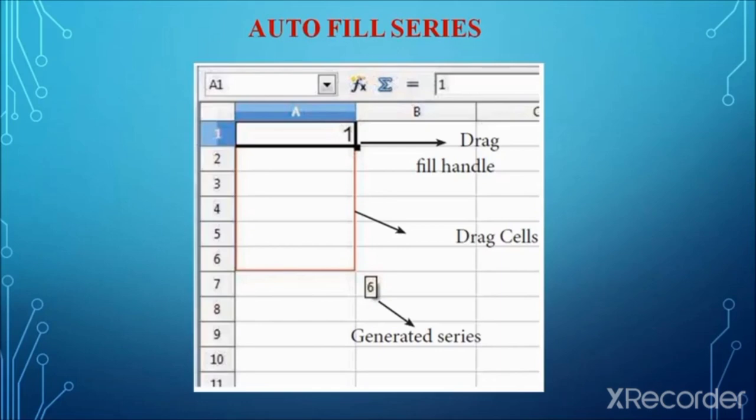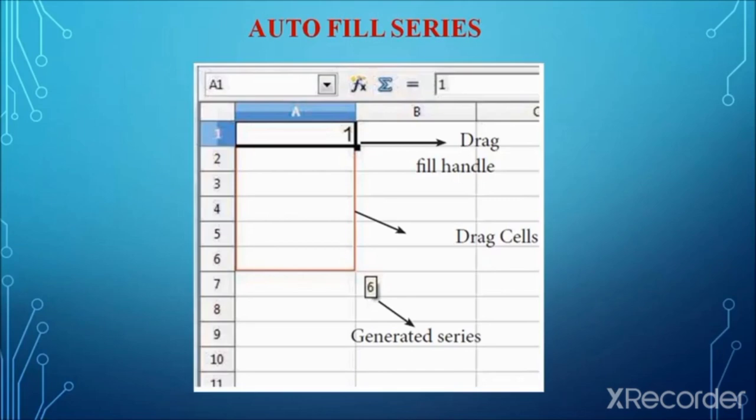When you click on that handle, the text, content, data or formula will be copied. Once you drag downwards or rightwards, whatever the direction you drag, the content will be pasted.